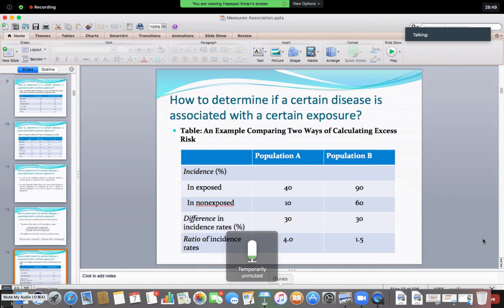Ma'am, I was saying relative risk is basically the ratio, and we are comparing exposed people with non-exposed. Ma'am, I'm saying that relative risk is basically the comparison. It's the ratio. We're comparing non-exposed with exposed people. And incidence is basically the new cases. Incidence alone is the absolute term. Risk can be of a certain exposure, and relative can be a comparison of exposed and non-exposed. Absolutely, this is the difference.